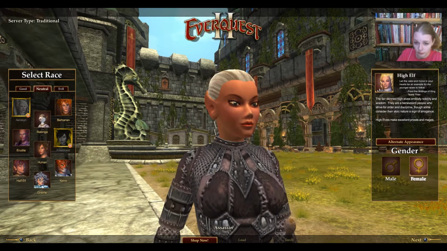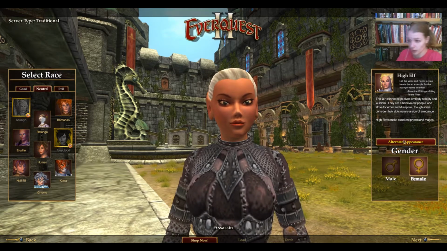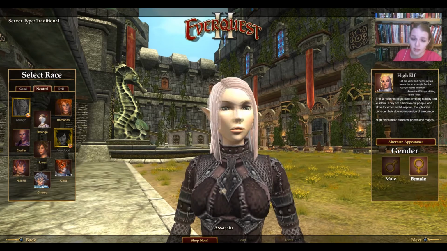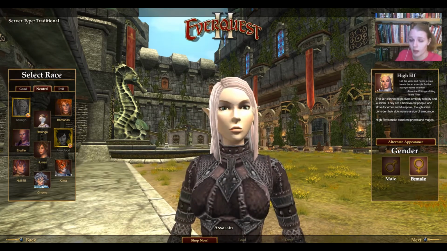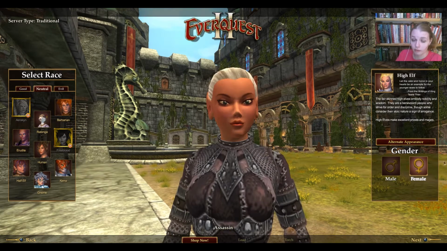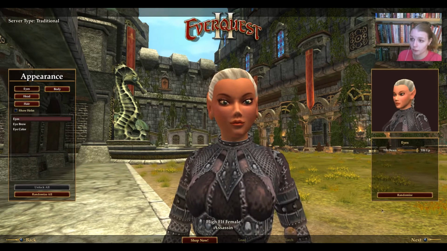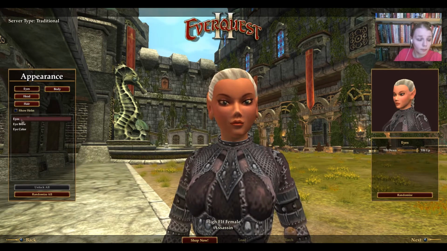And for female, I think that the female high elves are gorgeous. I mean, that's a pretty lady. This is what they usually look like in the anime appearance. They are very, very bright white. Almost to, when I say that, I mean they're like a natural level white. So,